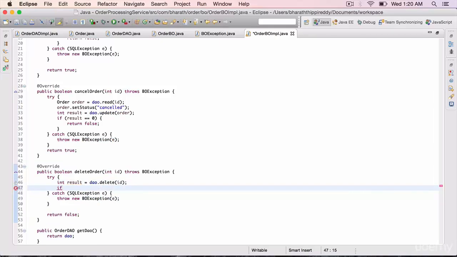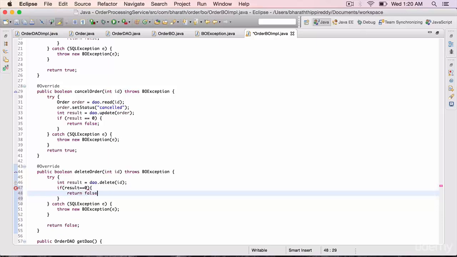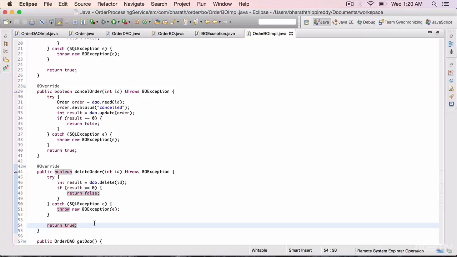If result, we are at a point where we can extract out this if block, return false. It's no big code, so let's leave it as is instead of refactoring it.